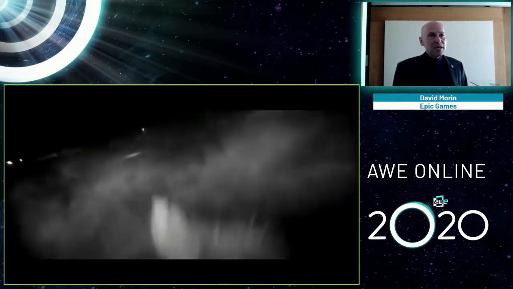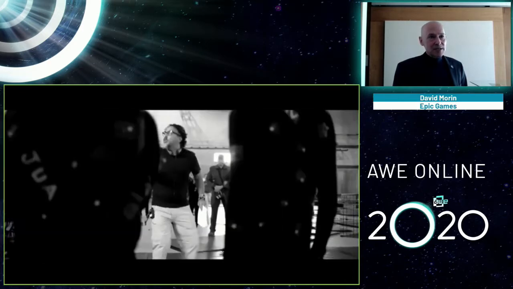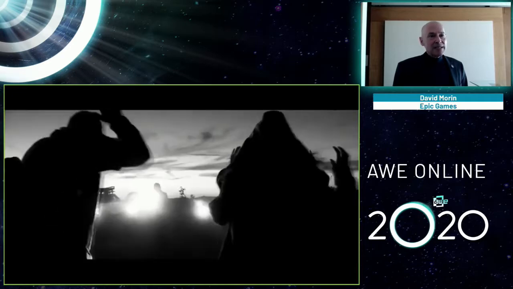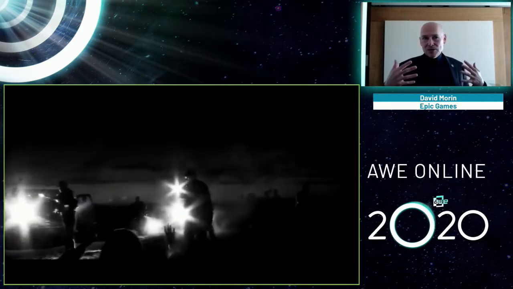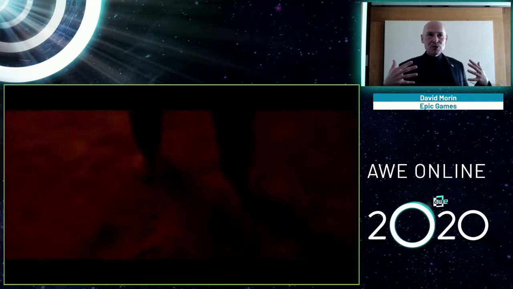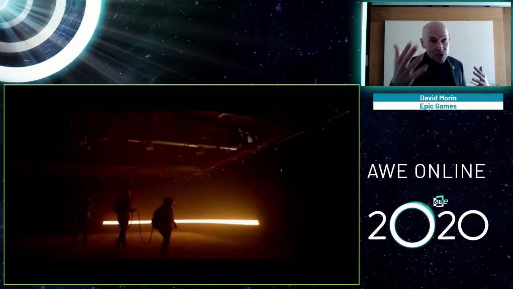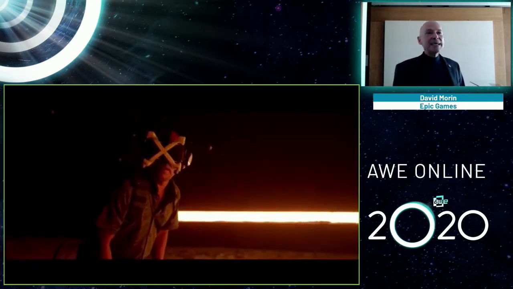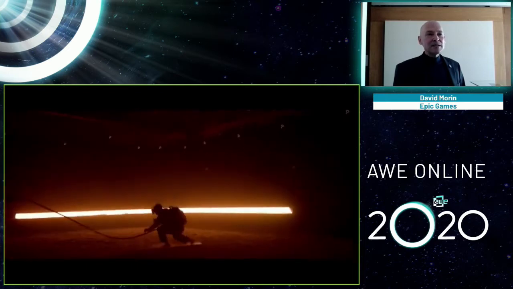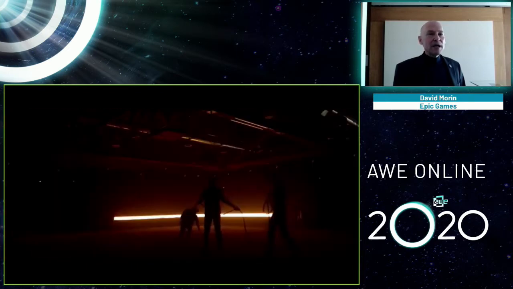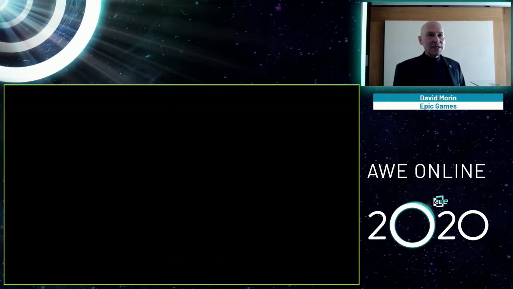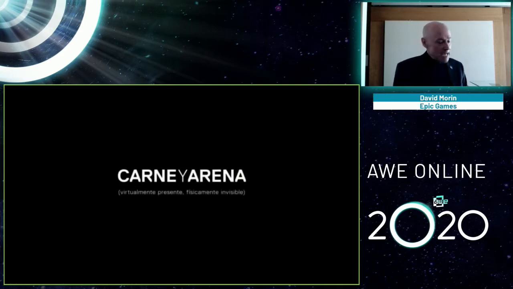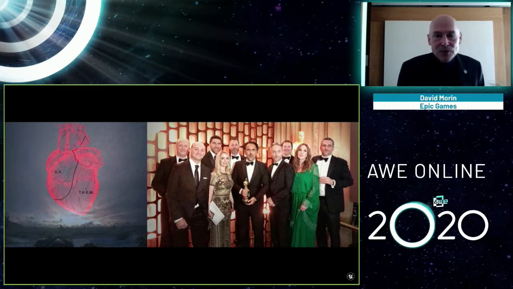Here you see some elements of the presentation as it's being put together. And the way it worked is it was presented in a museum, and so you went in, removed your shoes, put the headset on, computer on your back, and you walked around in this scene, really going around as people were stopped by Border Patrol. And very, very important piece. It won an Oscar for this piece